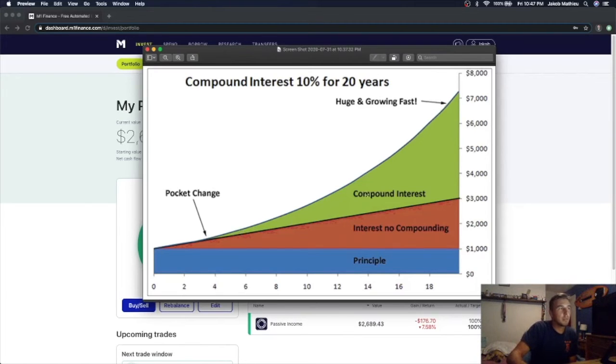And then once that compounding interest takes over, it starts going exponentially. And then later on, once your portfolio is big and you're getting huge dividends back, then the portfolio really starts